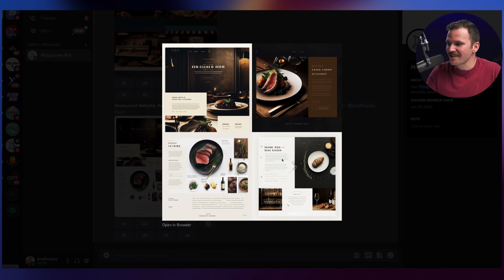Now, I'm not impressed. I'm not. I wouldn't take any of these, pop them into Figma as a reference point and start laying things out, start designing. I wouldn't. There's nothing here. It's just showing me good images, kind of on a grid. I'm not happy with it. If I was doing this in a professional real world scenario, I would have cut and run earlier